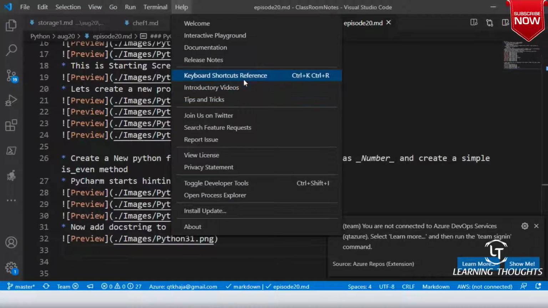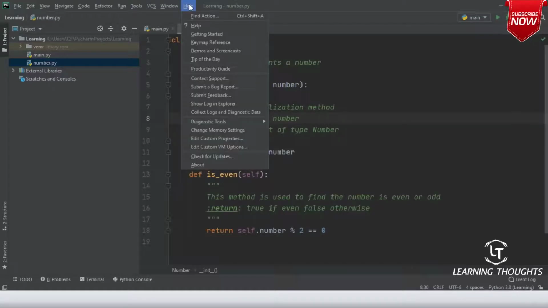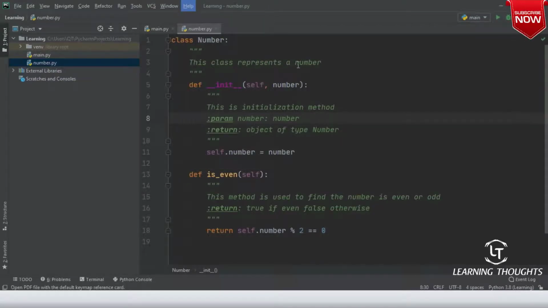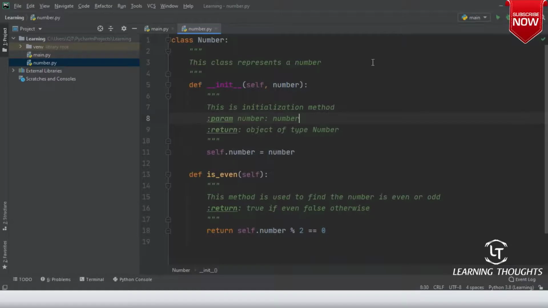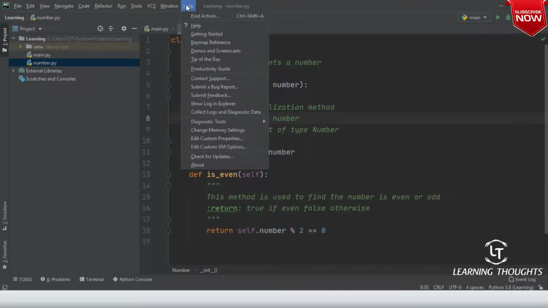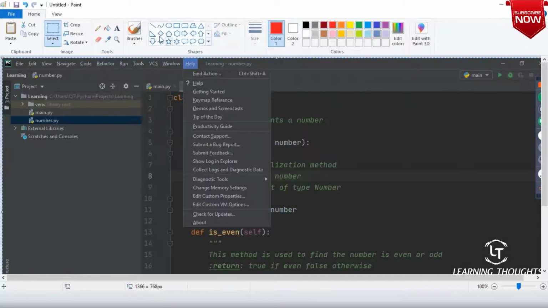Are you seeing keyboard shortcut reference? Oh, sorry, my bad. Key map reference.